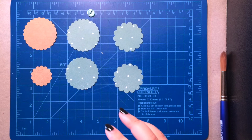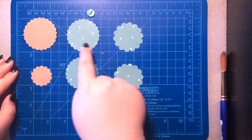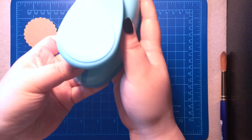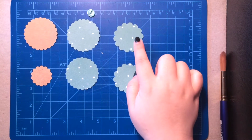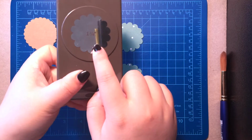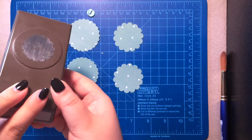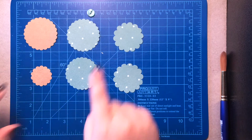Okay, so let's get started. What you'll need are 6 different scalloped circles. These 3 are with my 2-inch scallop circle, and these 2 are with my 1 3/4 inch scallop circle, and this little one is with my 1 1/4 inch scallop circle punch, all scallops. Okay, so in total you'll need